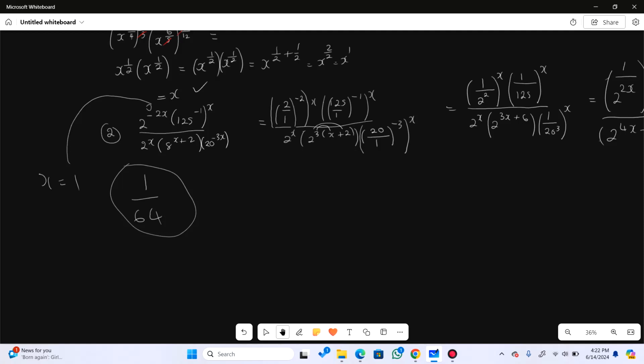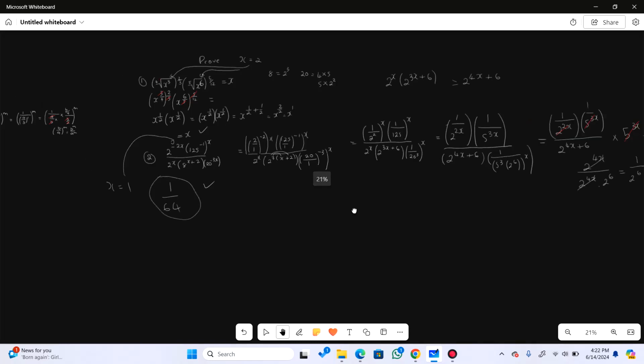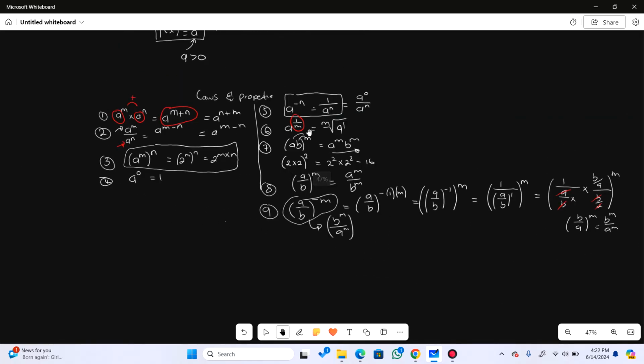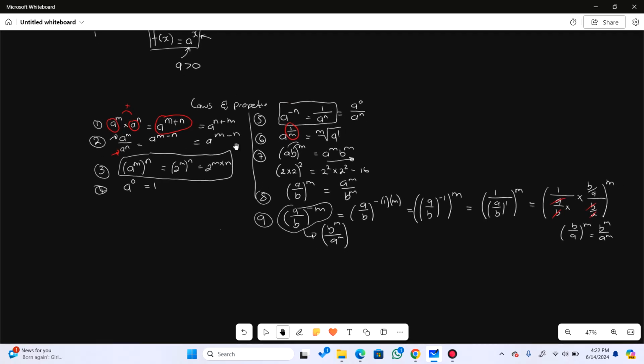Okay, so we do get a value of 1 over 64, meaning that my final answer is correct. Okay, so this is very important to note. When dealing with the exponential function, make sure that you understand these laws and properties of